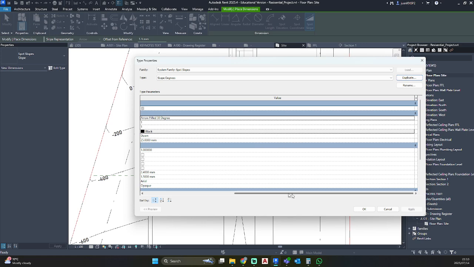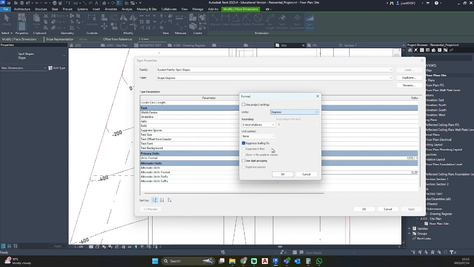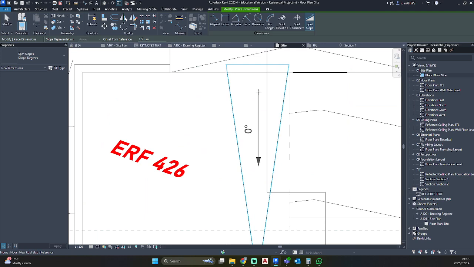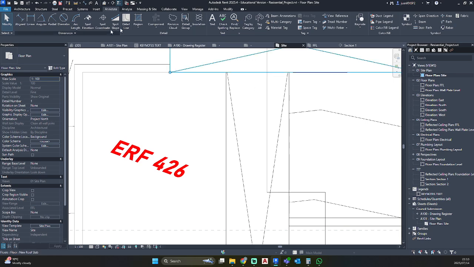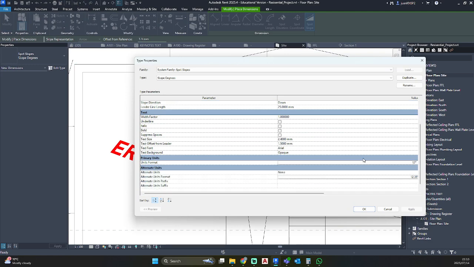Okay, just want to make sure that my units I need to set to degrees. Okay, so currently it's on 0 degrees. I'm just going to edit this again quickly.